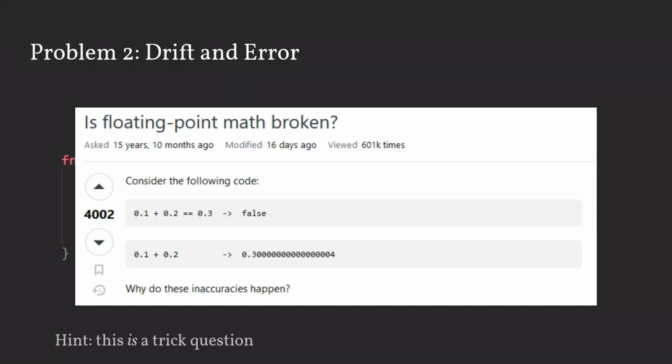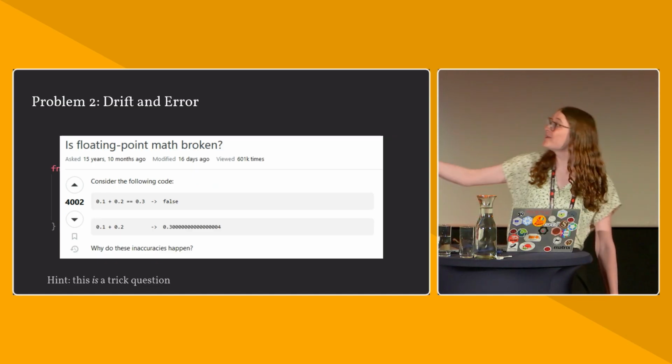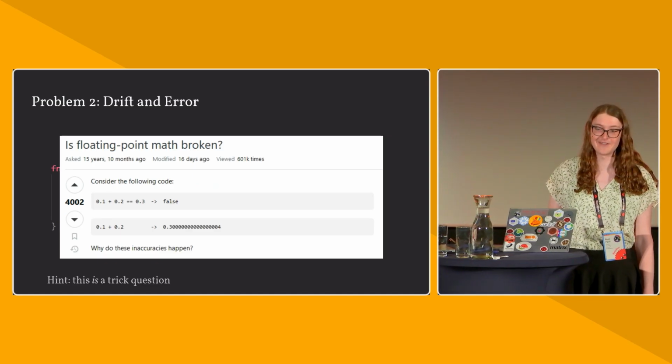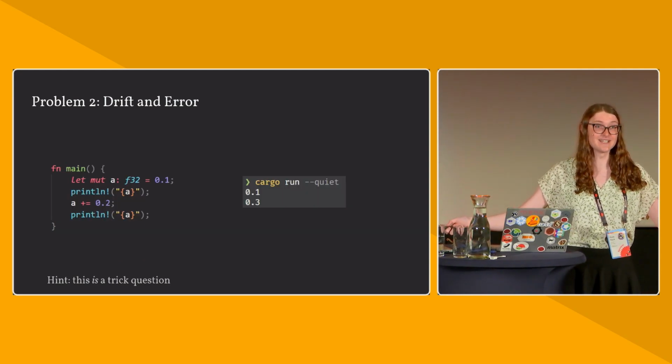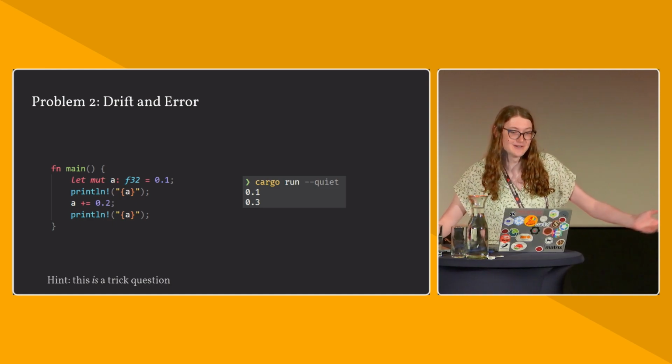This post on Stack Overflow has 4,000 upvotes. It's a classic problem. You take 0.1 and 0.2, and many people would expect you get 0.3000004. There is even a website dedicated to this problem because of how famous it is. But here we look and it gets 0.3. What gives? What's the deal with this? Did I lie to you?